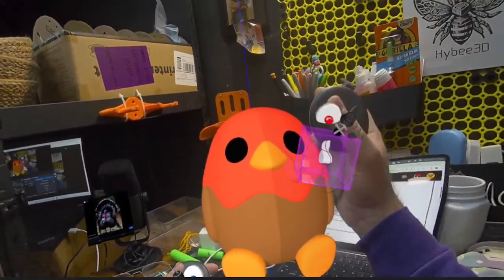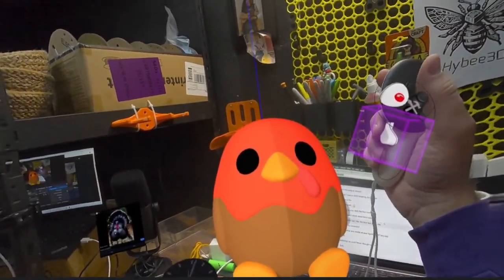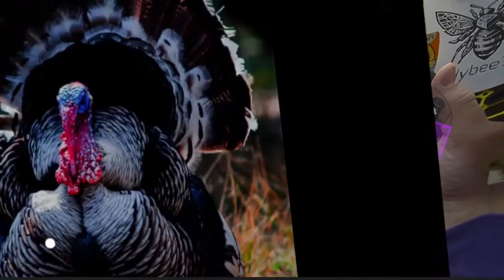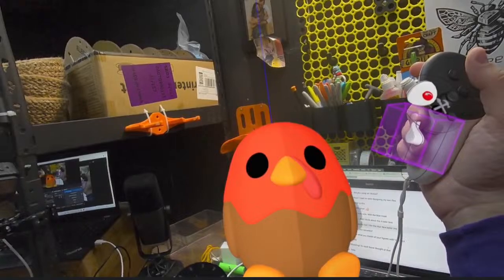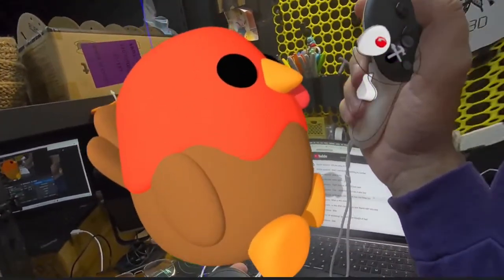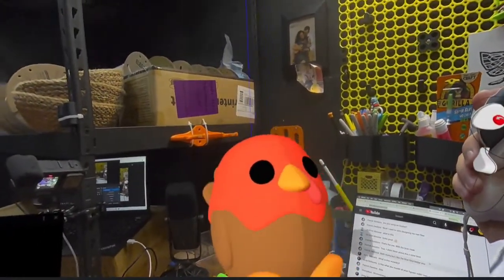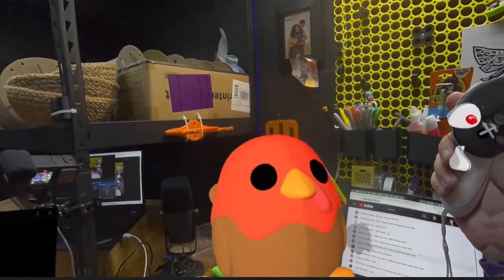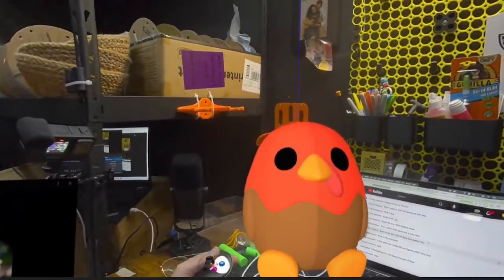I disagree. Well, you're not the expert, TK. As if I'm a turkey expert. I just learned about the difference between the wattle and the snood. I'm just saying it looks more like, oh, boom, yeah, that's a turkey. Yeah, I feel you. There's definitely something not quite there with the color scheme.